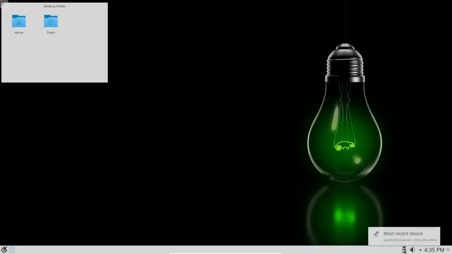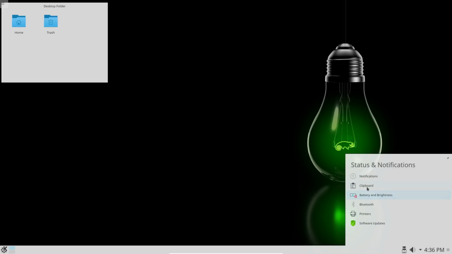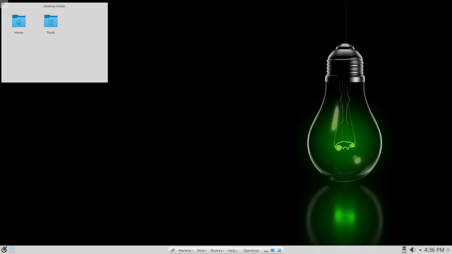There's the menu. Most recent device, which is the DVD, my volume, show hidden icons, battery, clipboard. So it has a clipboard and software updates. So alright, I'm